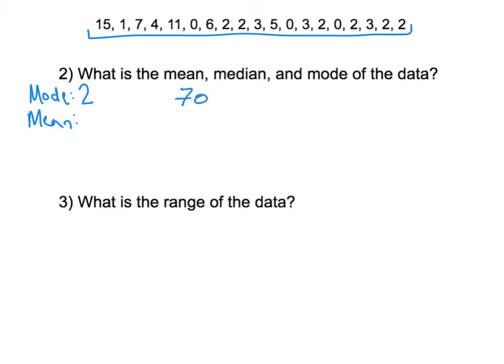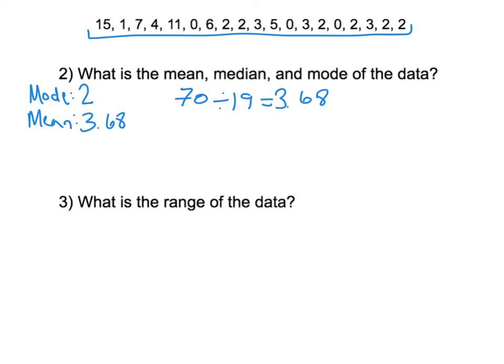70. And when you take 70 and you divide by how many data points we have, which is 19, you will get, let me make sure that I have the correct answer, and it is 3.68. Okay, so our mean is 3.68, and our median,